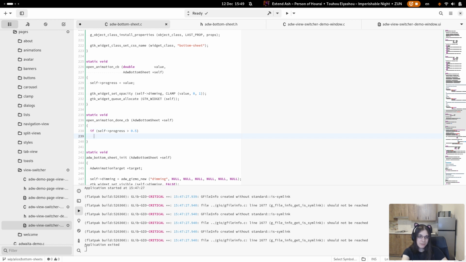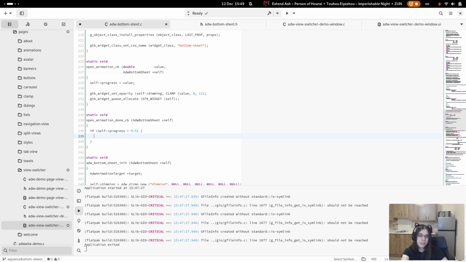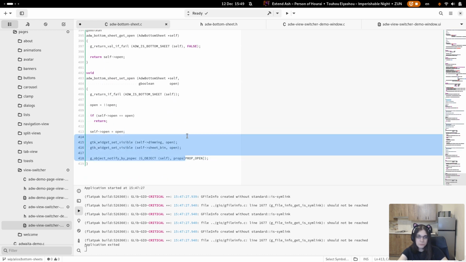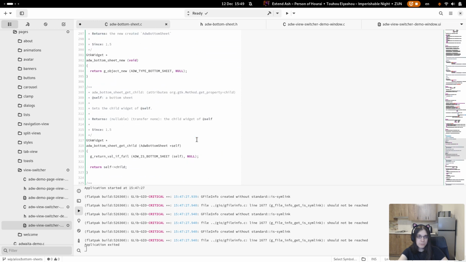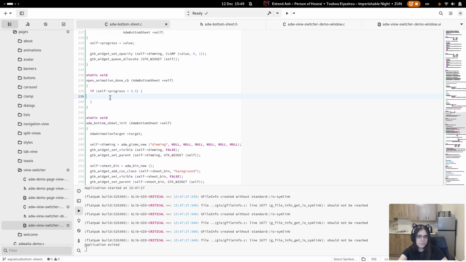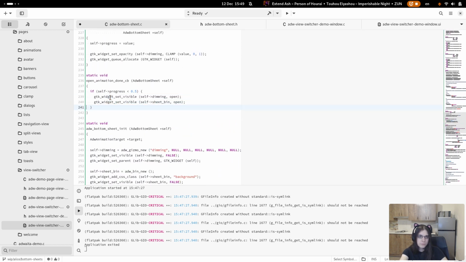So if it's larger than 0.5, we consider that it's been fully open and we don't really do anything. And if it's lower than that, then we need to hide the dimming and the bin. Actually, I need to keep it here too. But yeah, now they're invisible.